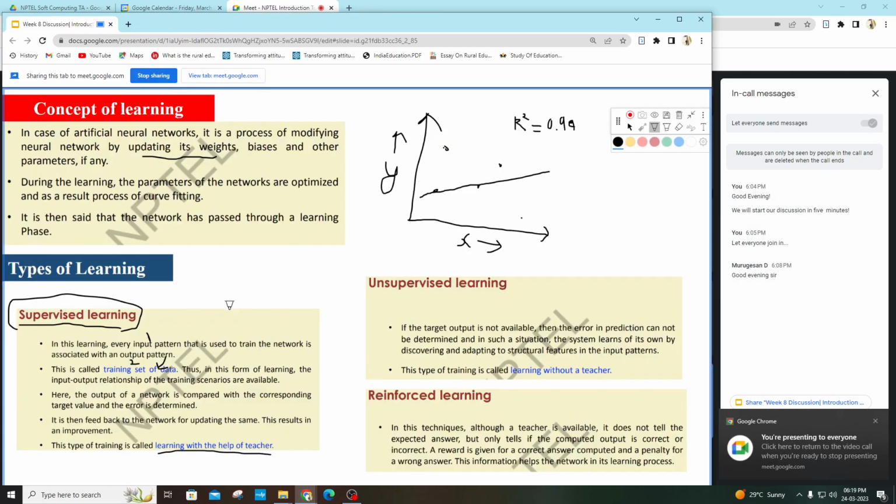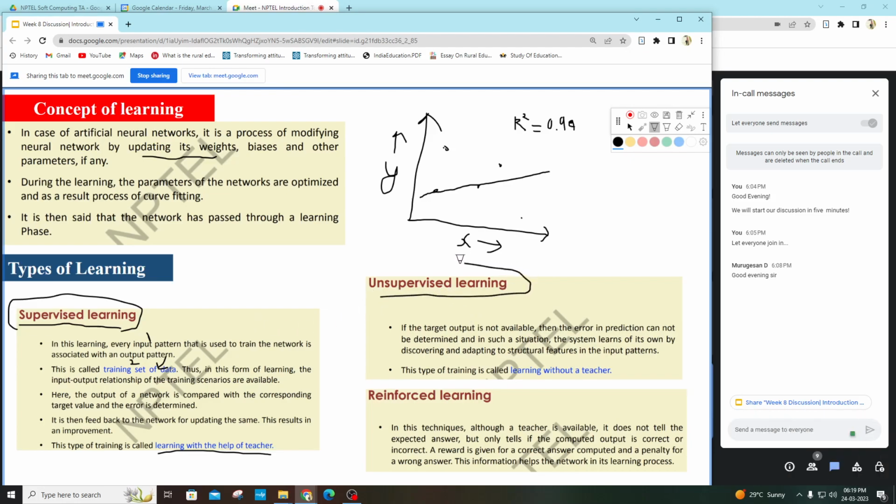So this is known as supervised learning. Another type of learning is known as unsupervised learning. By the name only you can pick up that supervised learning is learning with the help of a teacher, and unsupervised learning is learning without the teacher. Now you will say, if there is no teacher, how will you learn? Basically, like if I give you some data,